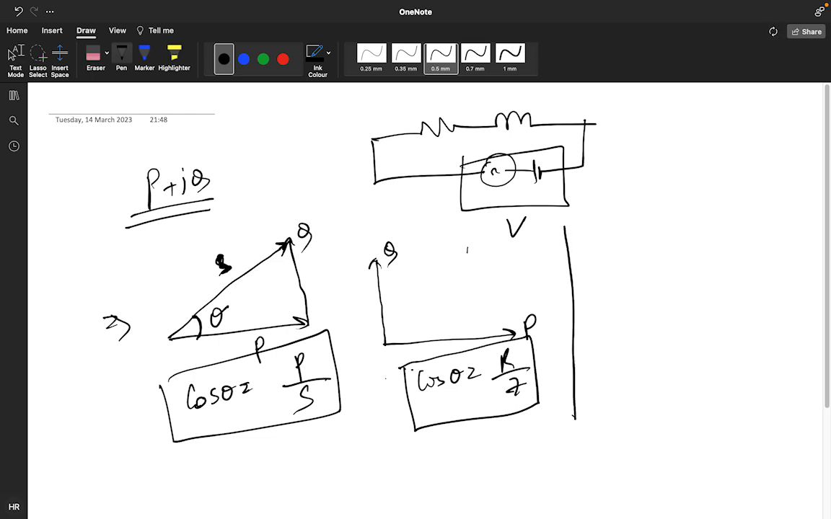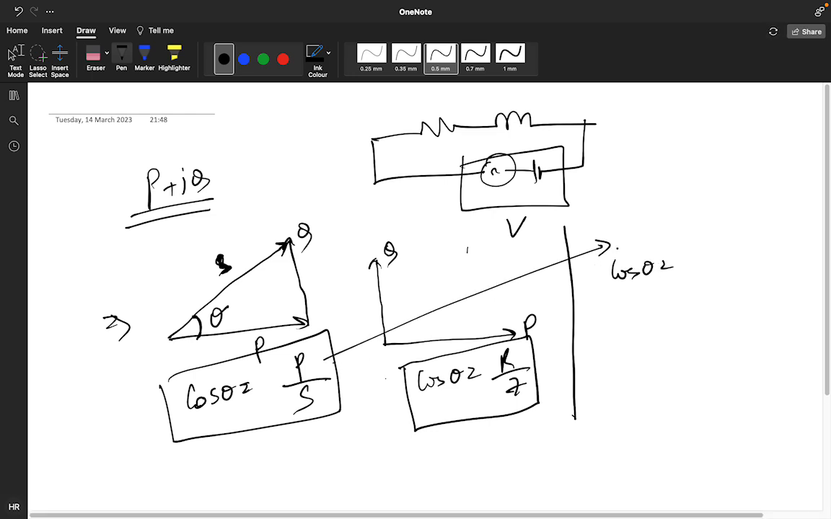Okay. But particularly in this problem, you will use this formula. Cos theta is equal to P by S. P is what? P is IRMS square into R, divided by S, which is what? VRMS into IRMS. How so? Because your real power